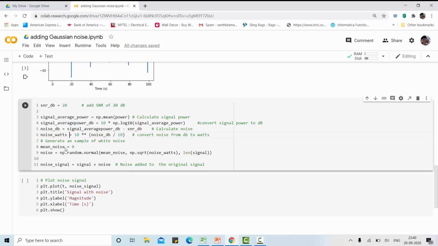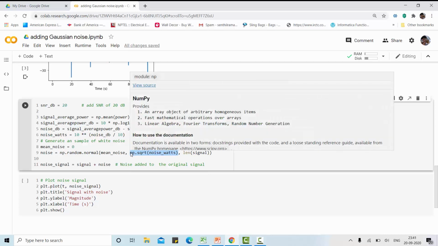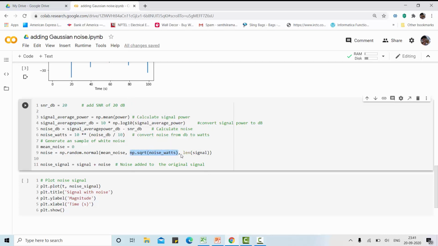Mean of the noise is equal to 0. Then sigma is given by np dot sqrt, the square root of noise watts. Since this is in terms of watts, that is the square of that value, we go for the square root to find the sigma value.